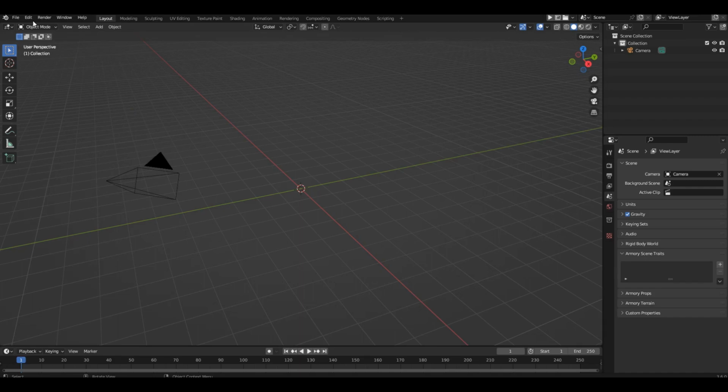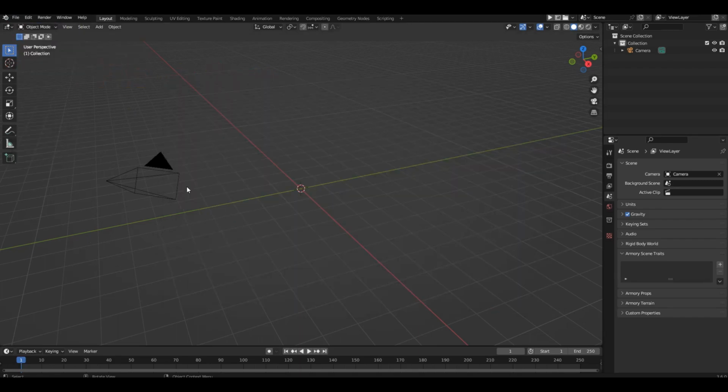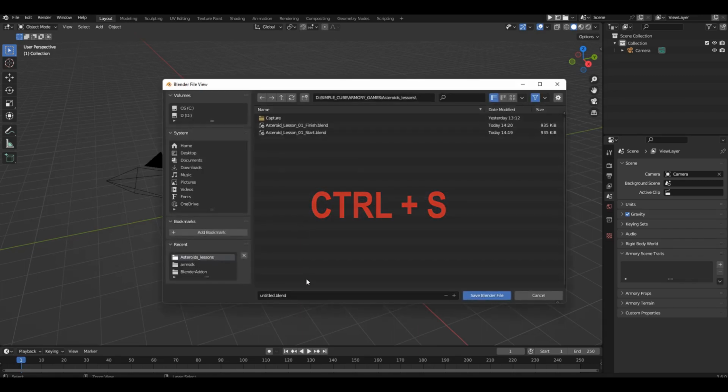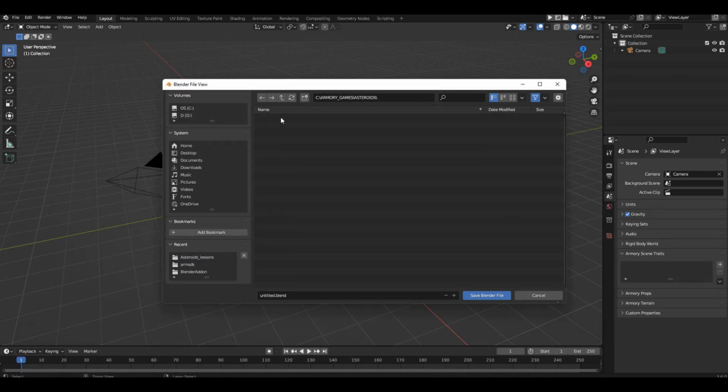Now, there are already some changes in our project, and we need to save our progress so we don't lose our work and start from scratch. You can go to the File menu and choose Save. But cool folks just press the keyboard shortcut, Ctrl+S. In the pop-up window, you need to locate our Asteroids project folder.